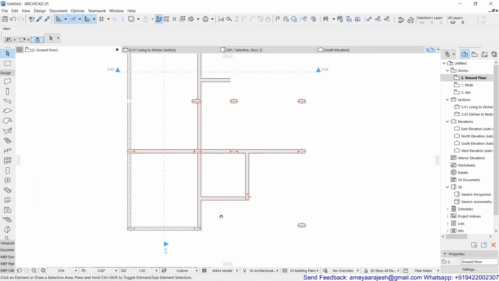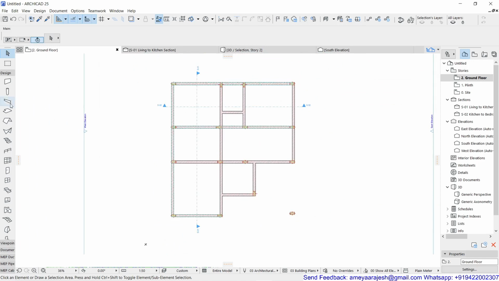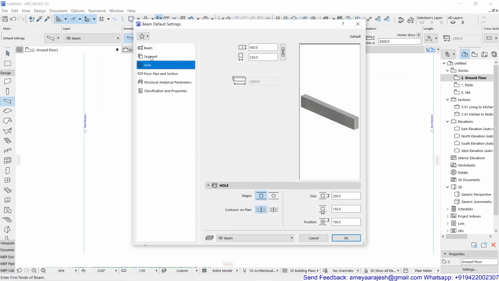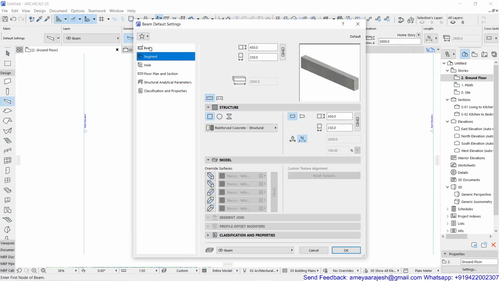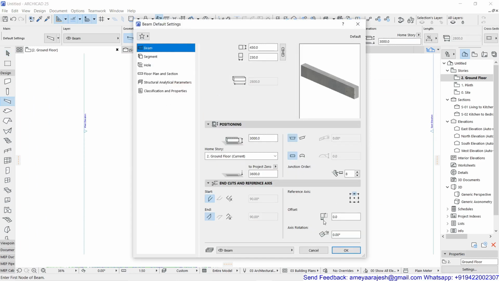For example, if I'm working with the beam tool and I decide to place the beam reference axis with some offset, because my beam width was say 230, half of that is 115.